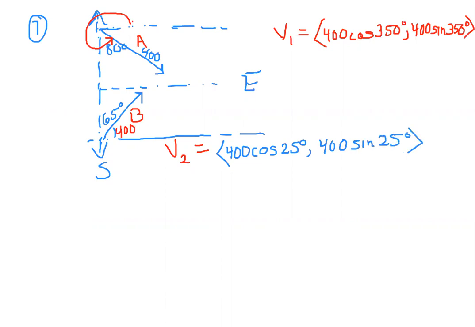Okay, that is each one separately. Now, to find the resultant, we're going to add them together. So if you do 400 cosine 350 plus 400 cosine 25, you should get